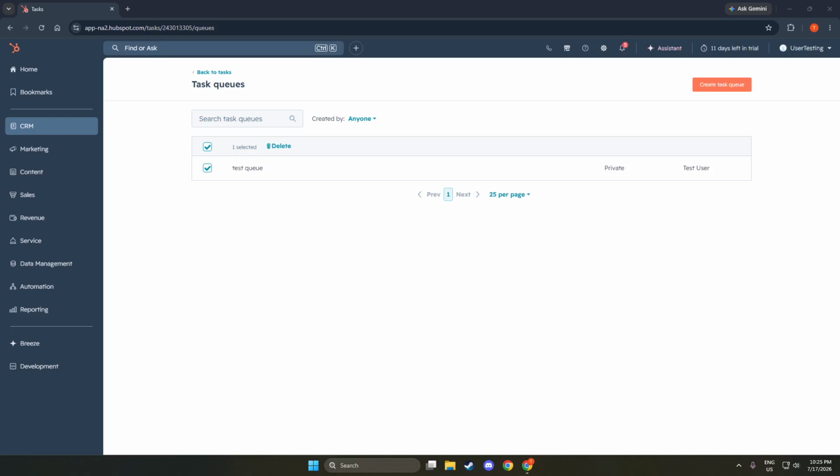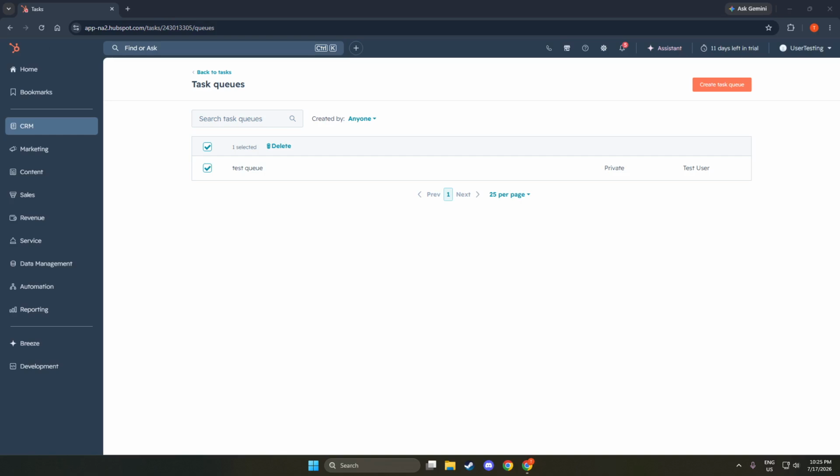Next up, click on the Actions button next to the queue you wish to delete. This button usually appears as 3 dots or a small drop-down arrow depending on your layout. Clicking this will reveal a menu of actions you can take regarding that queue. This step is crucial because it opens up the options necessary for managing your queues effectively. You will see various options including the one for deletion.